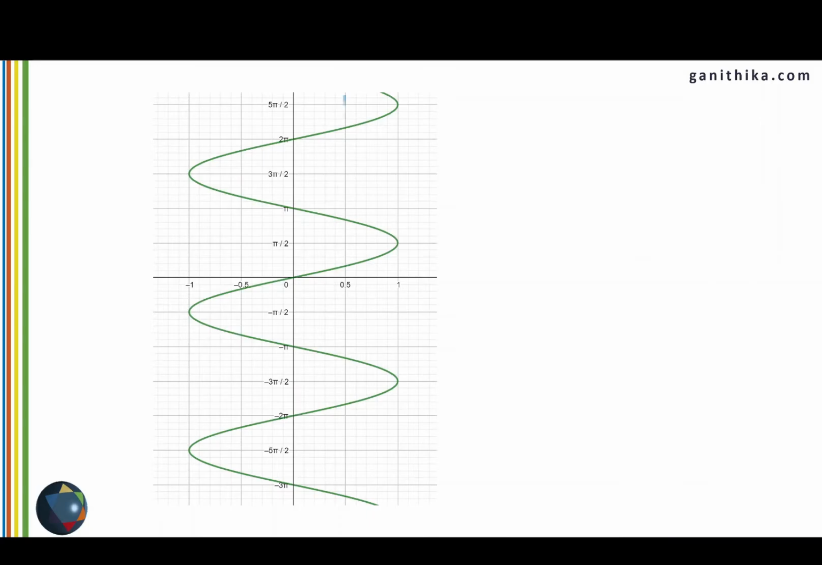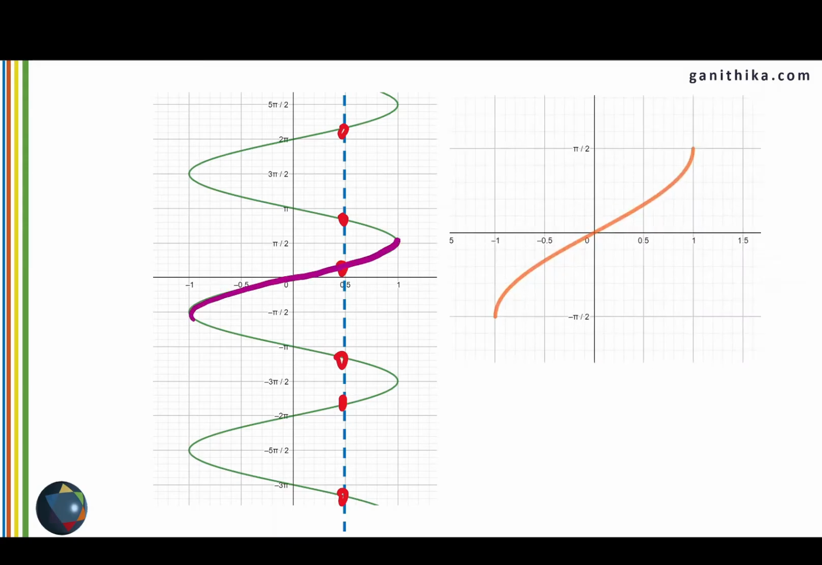But if we draw a vertical line like this, we can see that it intersects the curve at multiple points, which means the graph fails the vertical line test. Therefore, this is not a function. In order to make this into a function, we will restrict either the domain or range. In this case, we will take this part so that the sine x curve would look like this, and so